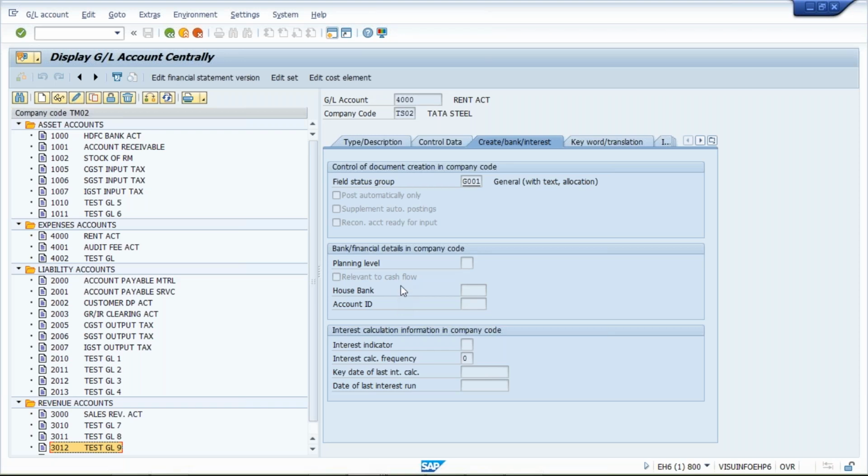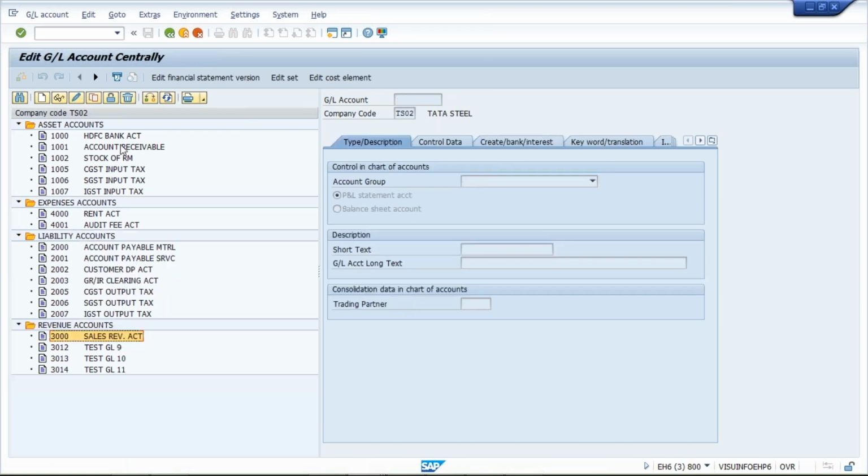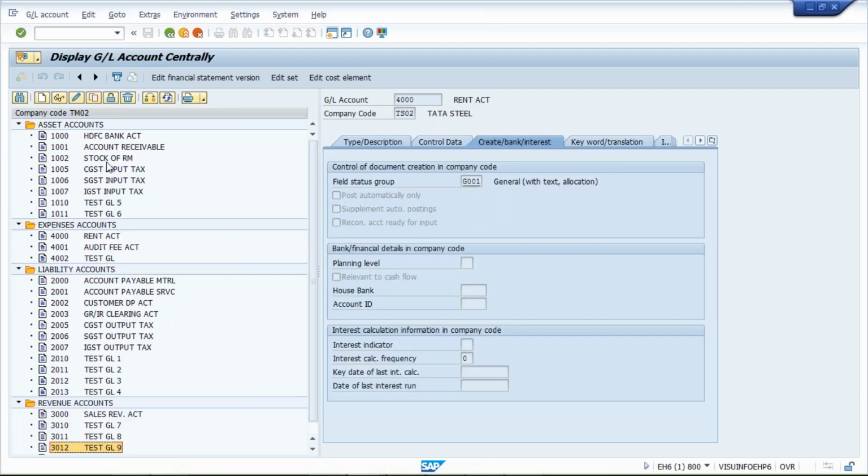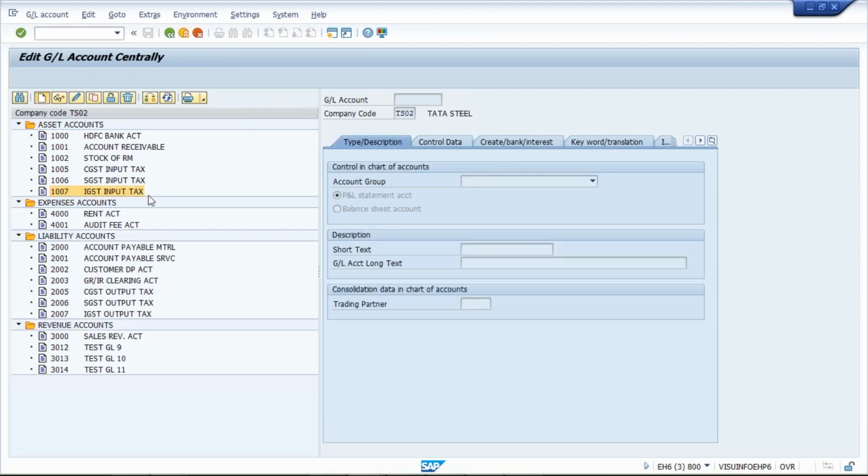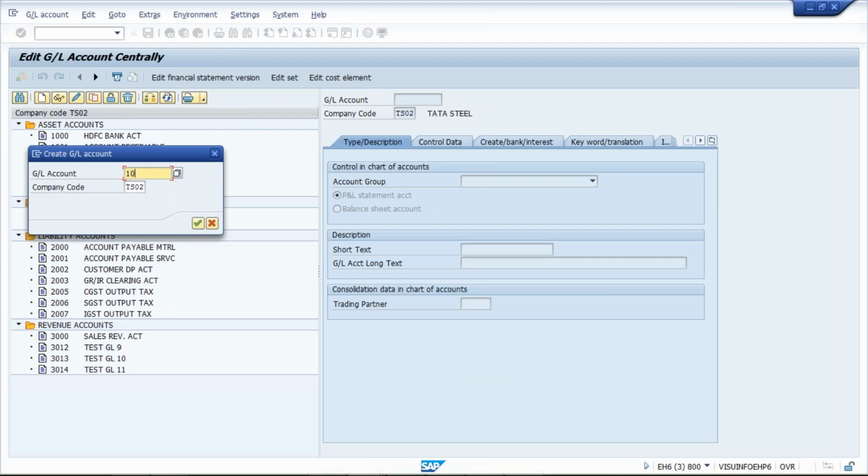So what happens if you have to set up a GL for, let's suppose, Tata Steel? The GL, again something like test ABC, is what we are going to create. Whichever number ranges have been used, that same number range we cannot use. Why not test this here itself? Look here, in Tata Motor we have a GL number 1010. If you click on the create button and give GL number 1010